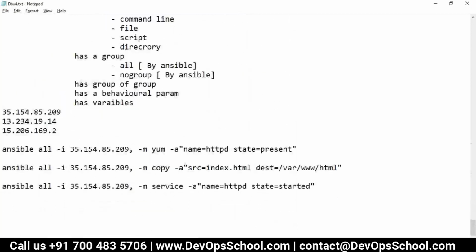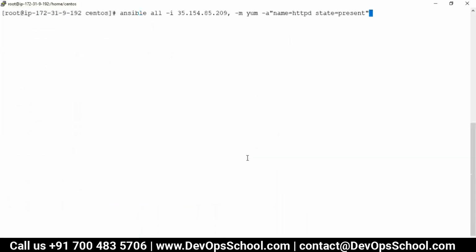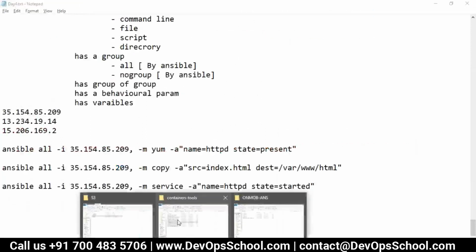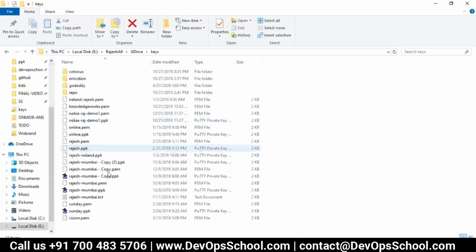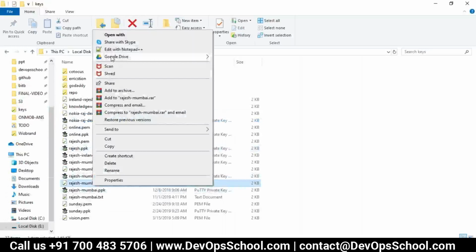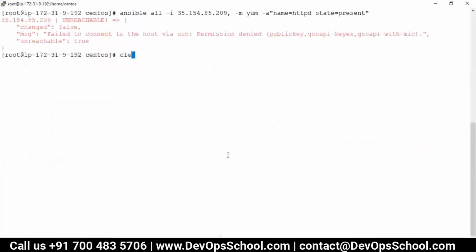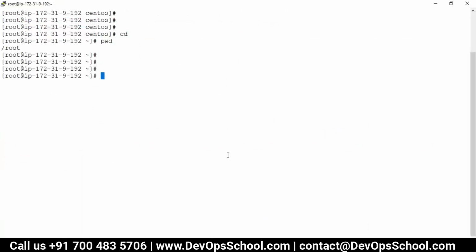So here I was having the problem, and the problem is the permission issues. What I'm going to do, because my scenario is very simple, I have a key, rajeshmumbai.pem. I am sharing that key with you, and I think you have it. Where to download, you know that very well. But again, if you want to use my machine, all of you can use my machine. Okay, no problem. So which directory? This is the directory.